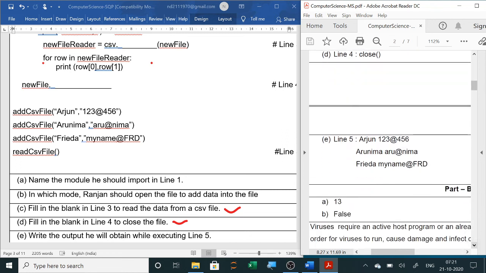Line 5 will give Arjun, one space, and then 123@456. Next data will be Arunima, space, Aru@Nima. Then Freida and her mail ID. So one space is there between their names and their mail IDs, and commas will not be there. This is the output of the given program.